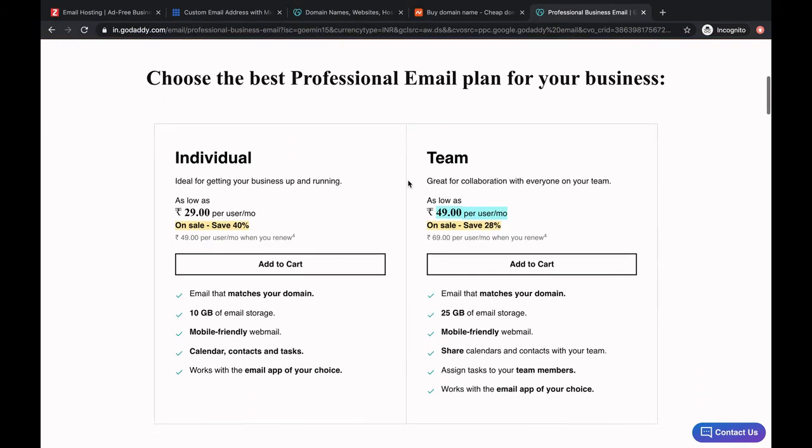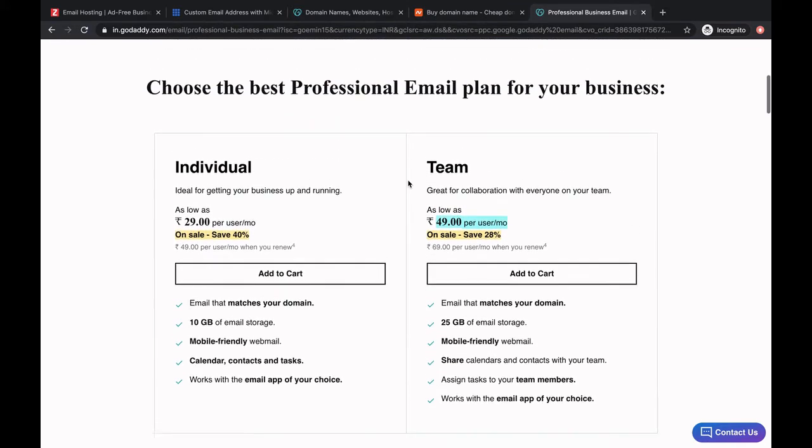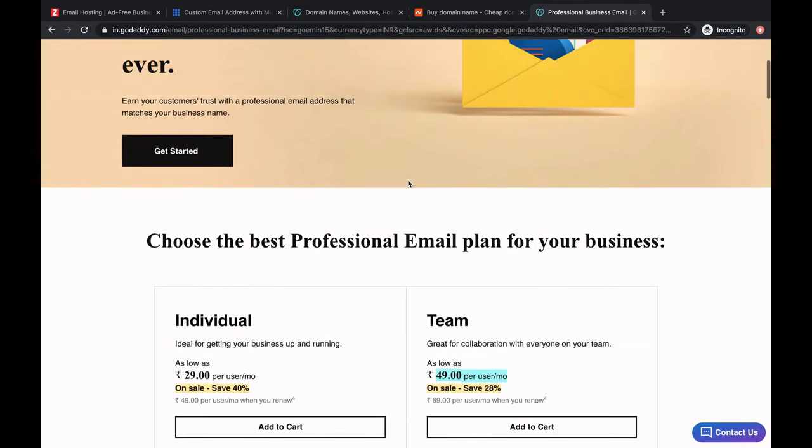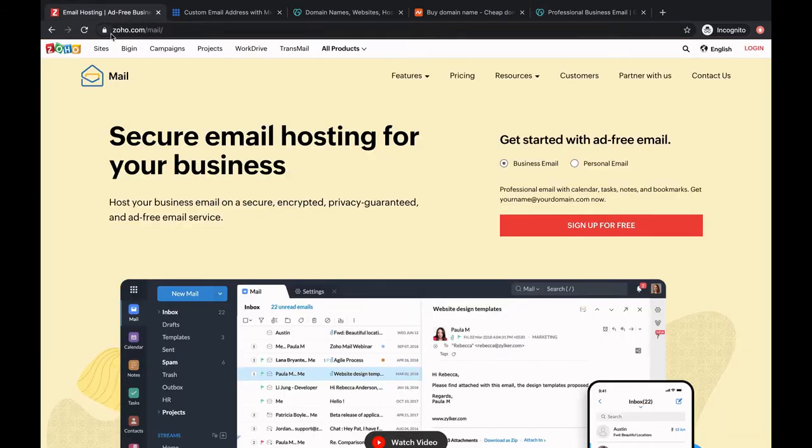But there is an option wherein you can have the professional email ID, and that will not cost you anything at all. And in this video, we are going to talk about that. So let's go ahead and do that. First of all, you have to go to Zoho Mail,